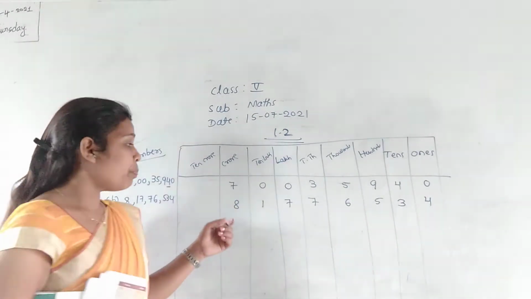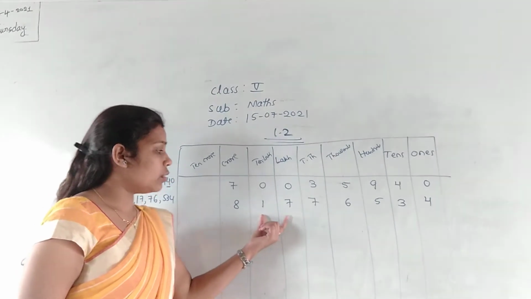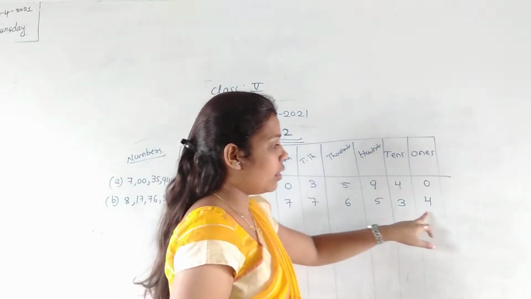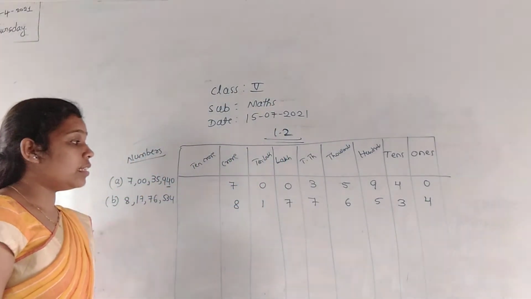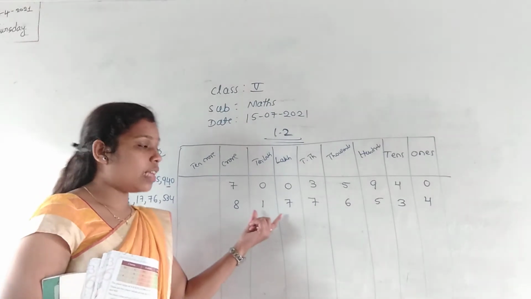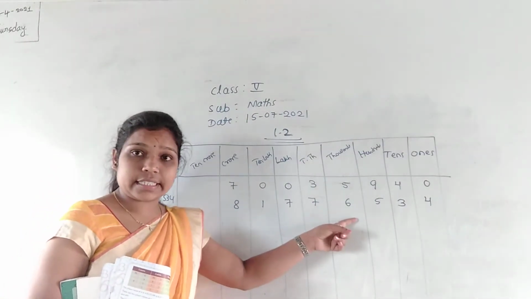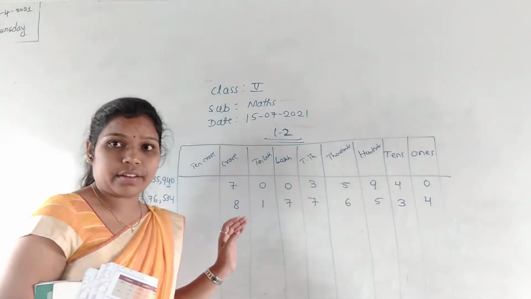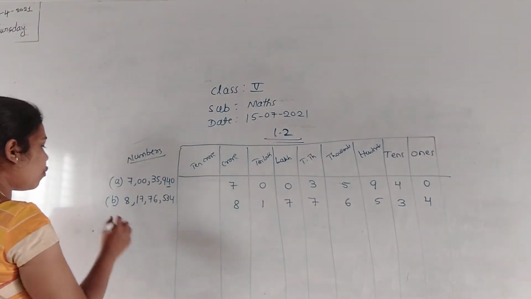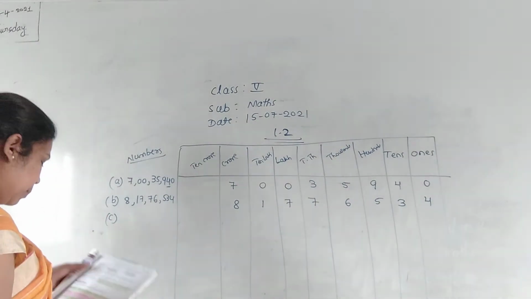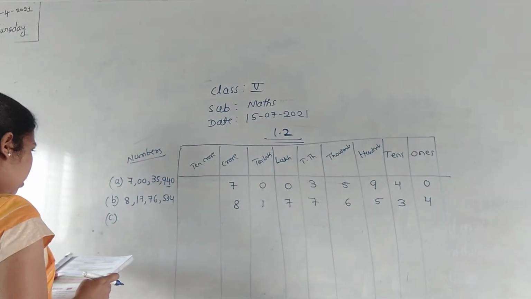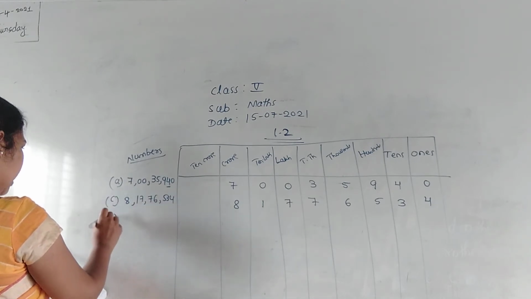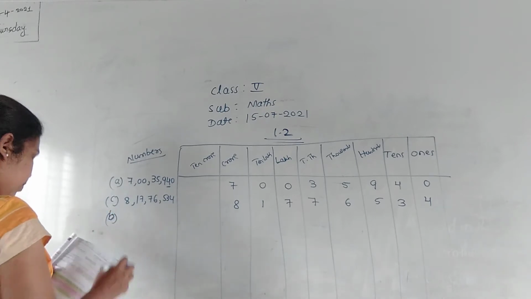How to read this number? 8 crore 17 lakh 76,534 here. Okay. So this is the number: 8 crore 17 lakh 76,534. This is the number we are having here. Okay. So now we go for the next one. What is the next question here? So this could be the next one only, right? So this is the next one. And now I will take a big one. Okay, don't worry. So here